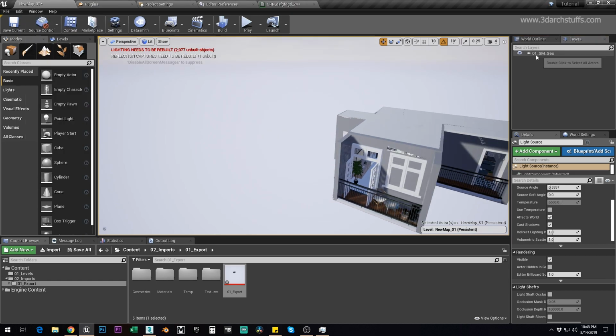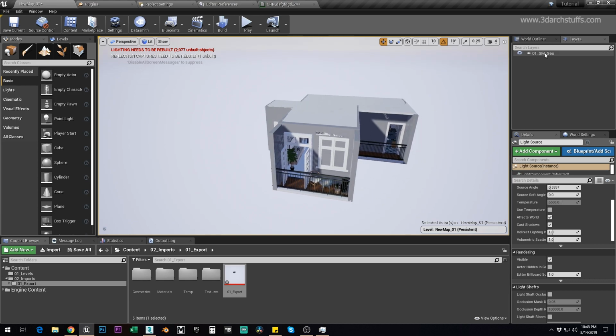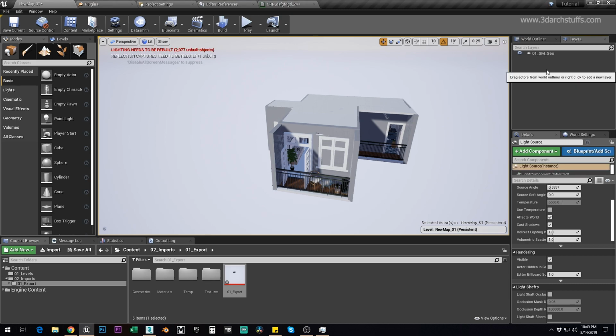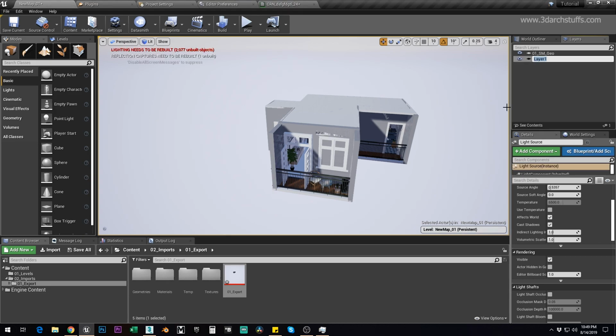And as you can see, this 01 SMGO layer has been brought along with the file and the objects that we brought from 3D Studio Max, and a layer with the same name has been created here. That's why I put all the objects in a single layer, so that we will have that specific layer inside Unreal Engine right away. Then we will right click and add selected actors to new layer, and we will type the name 02 underscore sunlight,